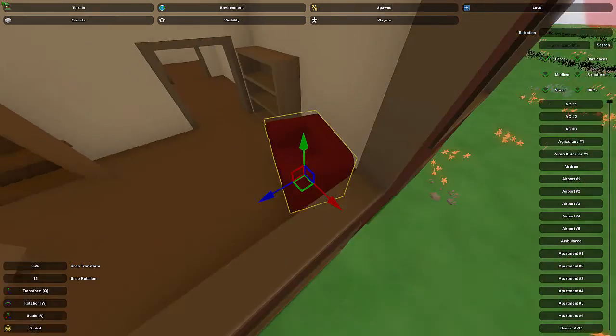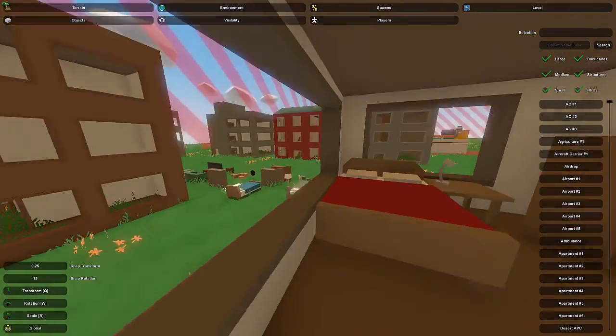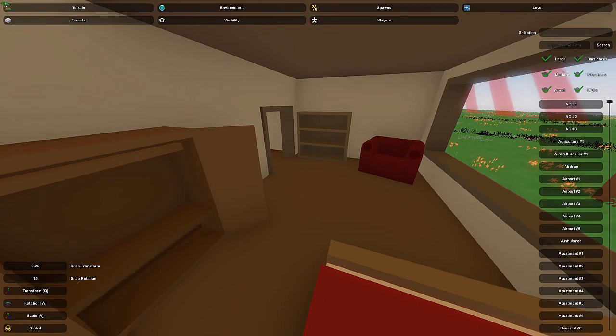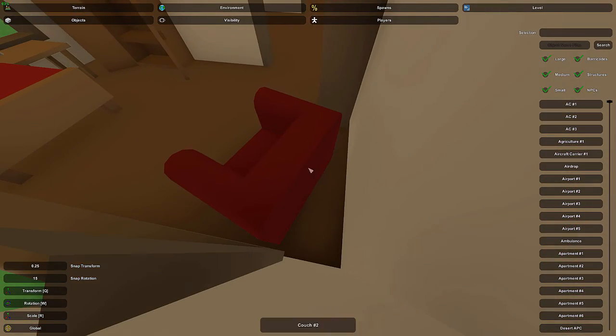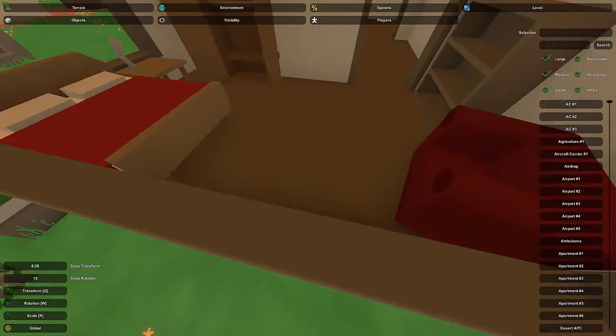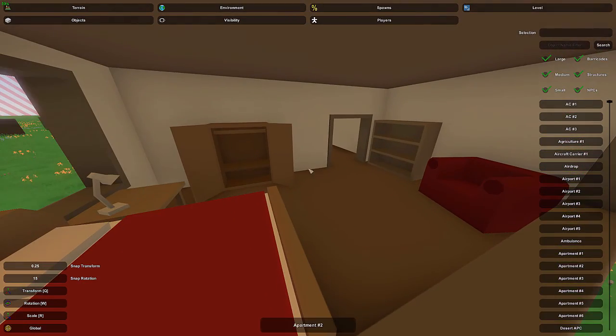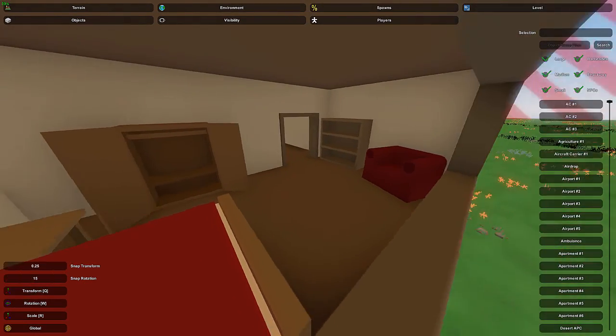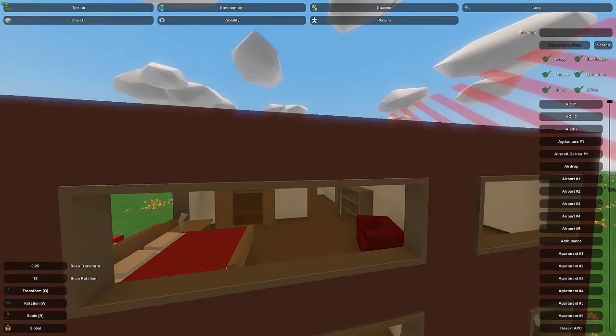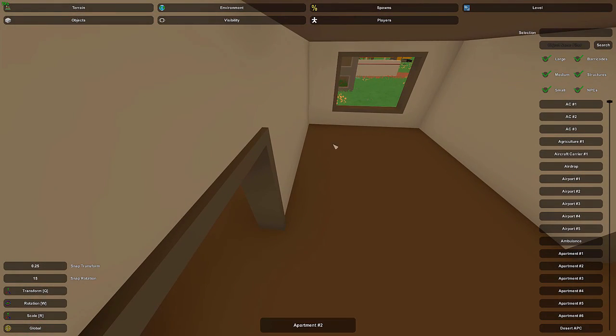And here we have a nice cozy bedroom with a little sitting area at the end. It's a little cramped, not too cramped, but it's pretty compact. So if you want a more open bedroom, feel free to spread stuff out and not put as much stuff in a single room. Alright, let's move on to the next room, which we will make